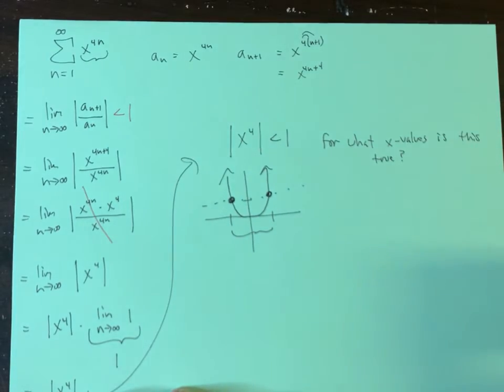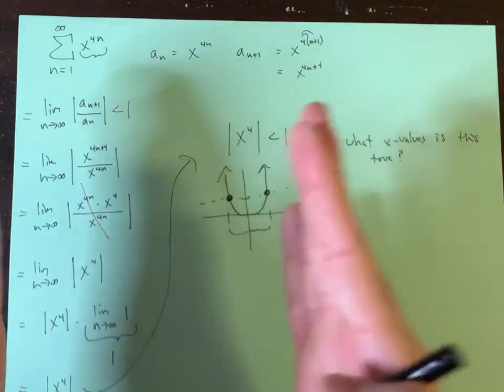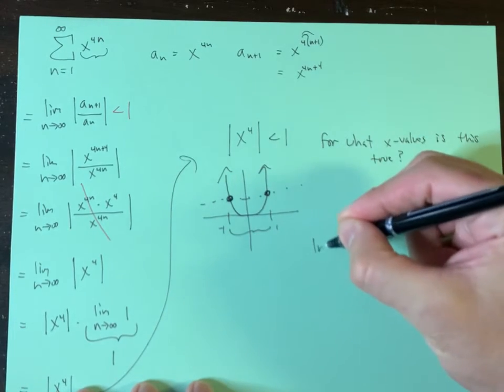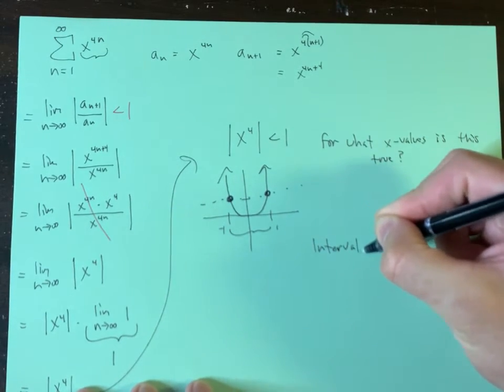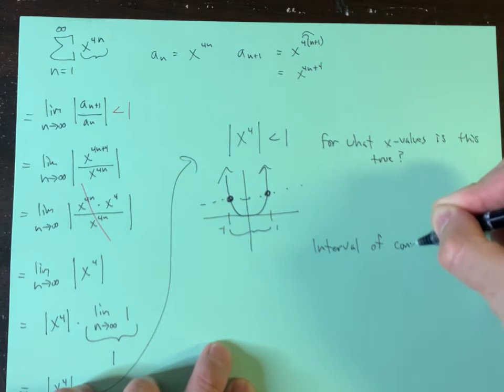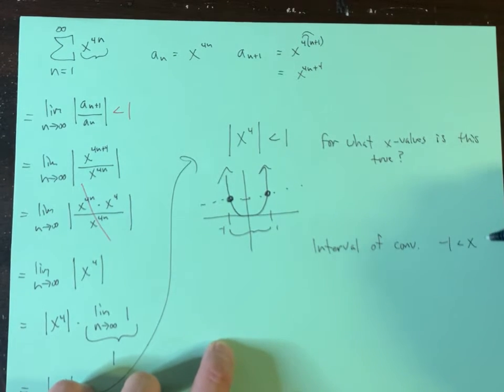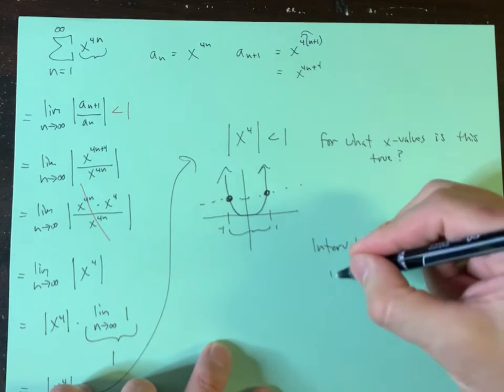This is called your interval of convergence. It's from here to here where this works. You'll notice that this is -1 and 1. So your interval, I think they wanted an interval of convergence. Your interval of convergence would be from -1 to 1. Okay? And then your radius